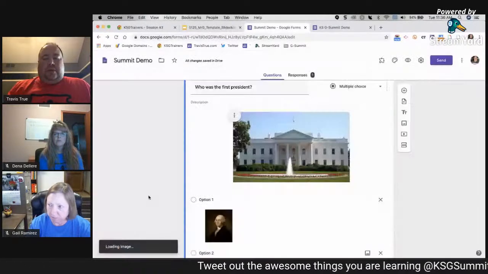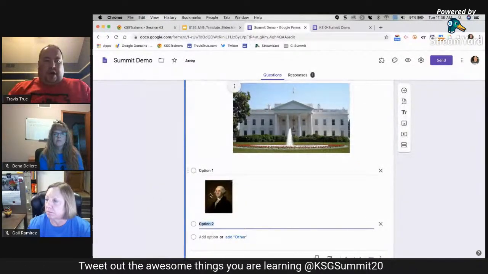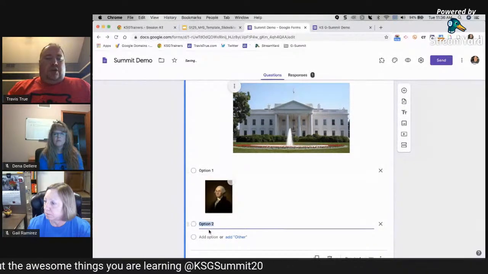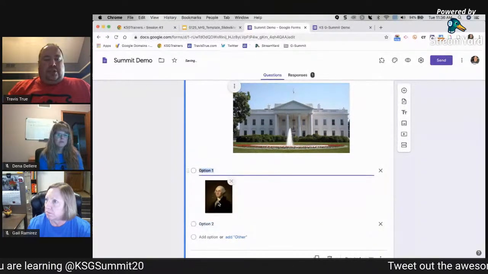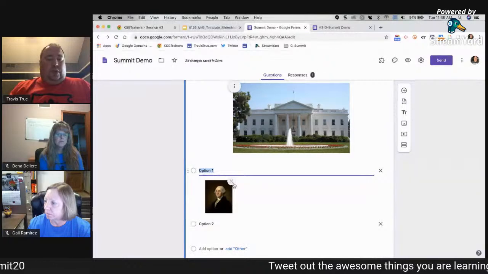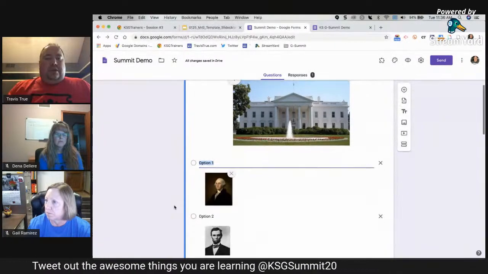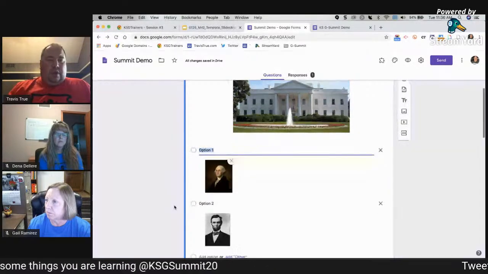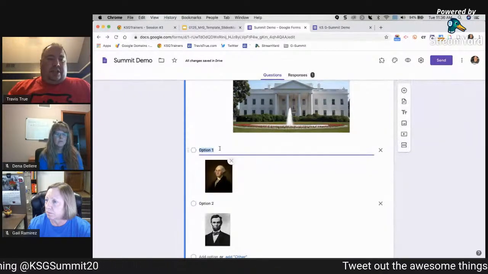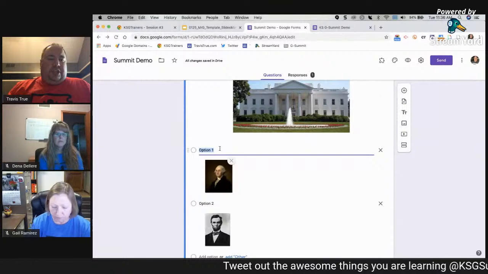So I'm going to just do two options here. I have option 1 and option 2. Notice you can't resize the picture and you can't center it. You can only remove it with the X. And when somebody answers this question, in the response spreadsheet, it's going to show up as option 1 and not